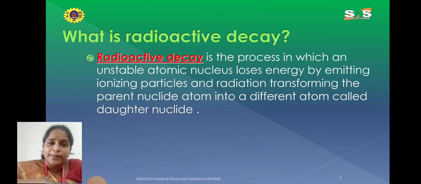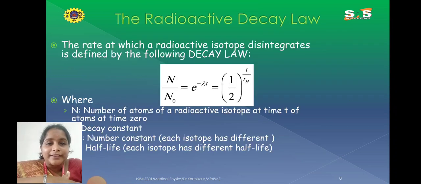Then what do we mean by radioactive decay? It is the process in which an unstable atomic nucleus loses energy by emitting ionizing particles and radiation, transforming the parent nuclide atom into a different atom called the daughter nuclei. The radioactive decay law: the rate at which a radioactive isotope disintegrates is defined by the following decay law. N by N naught is equal to e power minus lambda t, which is equal to